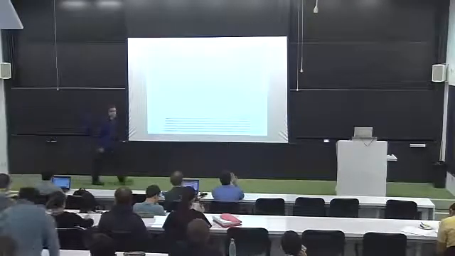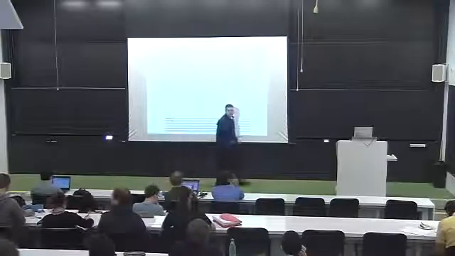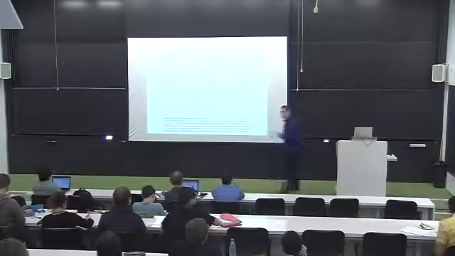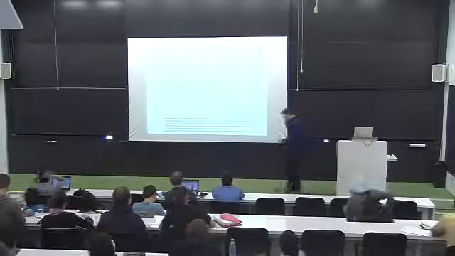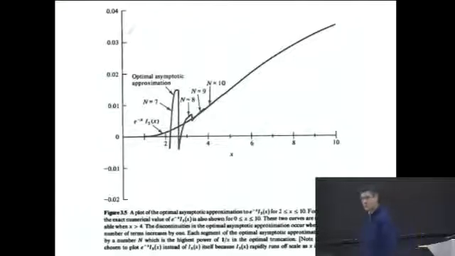Okay. So last time I talked to you about the optimal asymptotic approximation, but I didn't show you a picture, and I think it's good for you to see how these things actually work, see an actual picture. So take some random function,